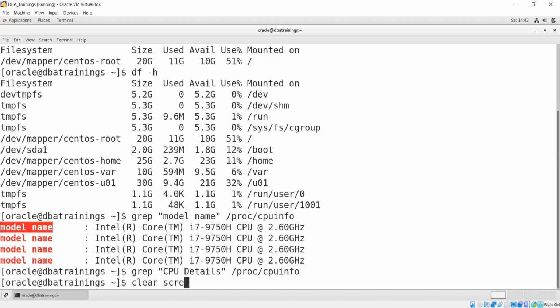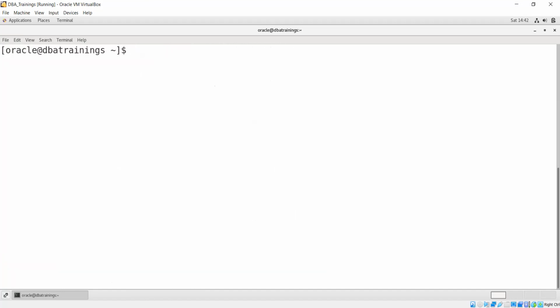So a couple of things you have to keep in mind before installation. When you are installing Oracle 19C via the OUI, you don't have the right to edit the installation directory and other things.